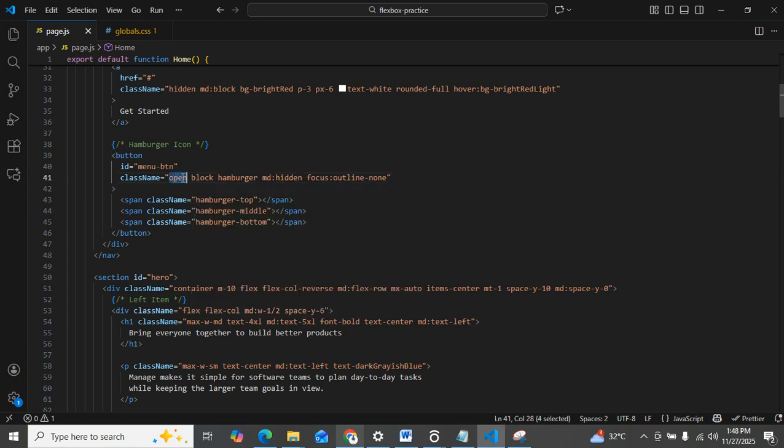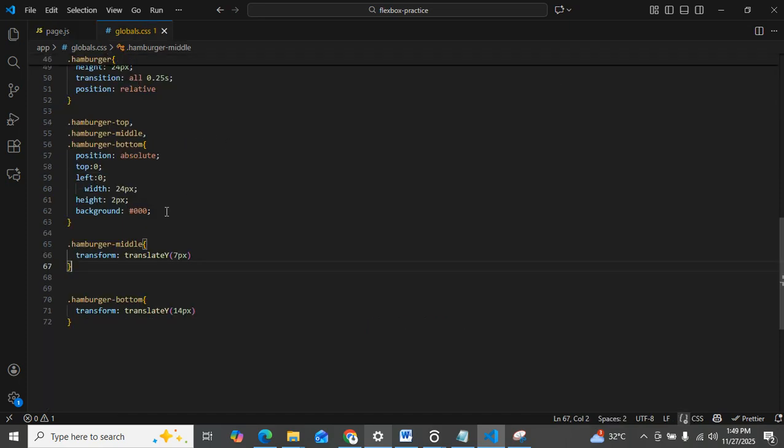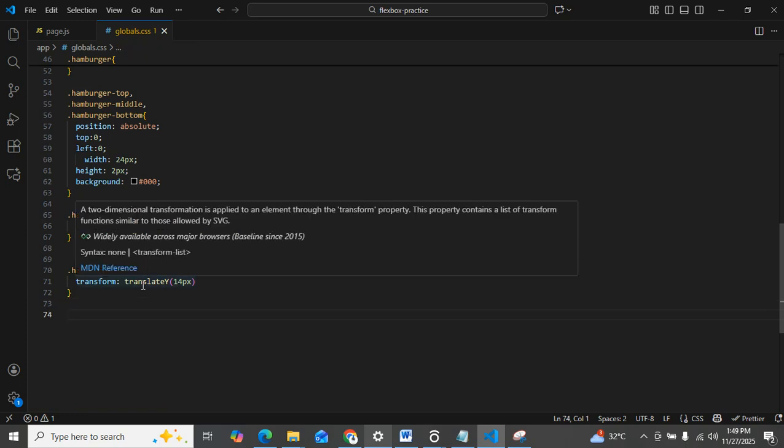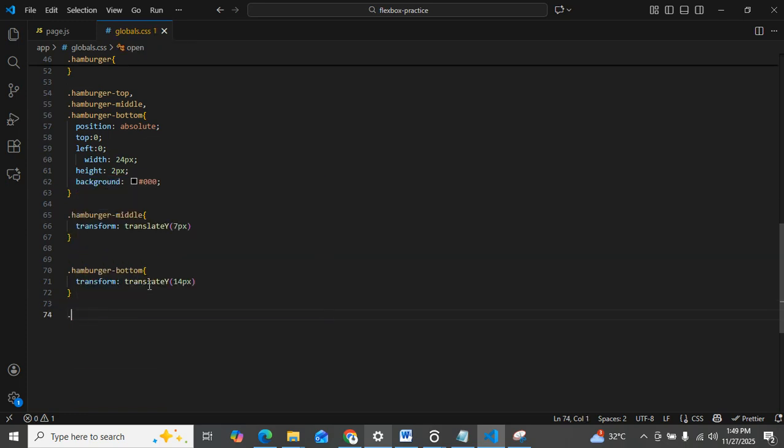called open. So once this class open is added, it should show the X, which means that it's open now. You will want to click on the X to close it now. So once it's closed now, this should no longer be there, and it should return back to normal. So now let's assume that the open class is added now. So we're going to style it now. So right here in our style now,